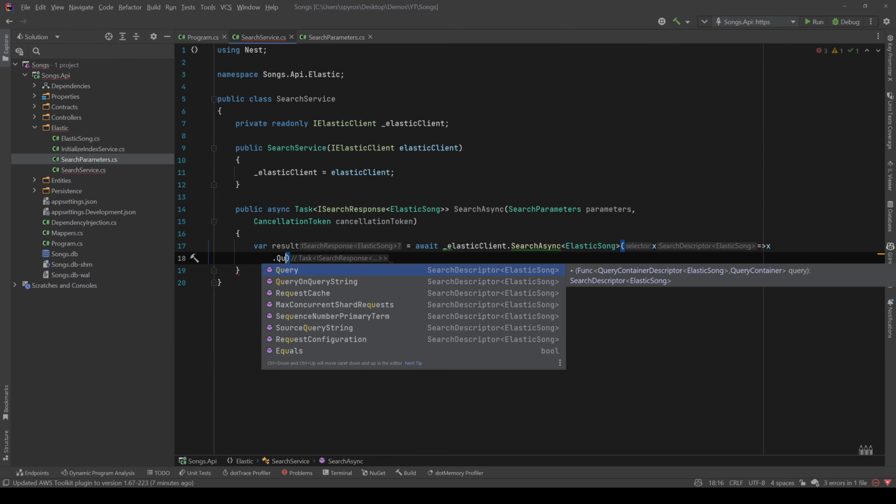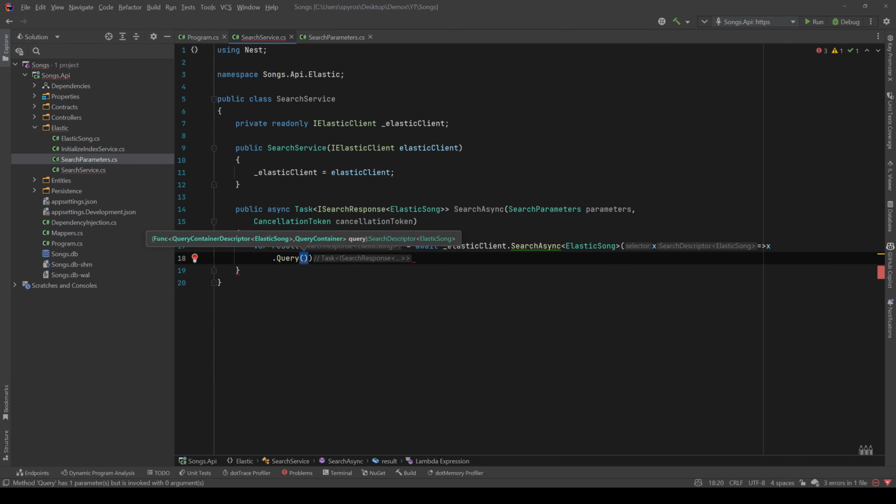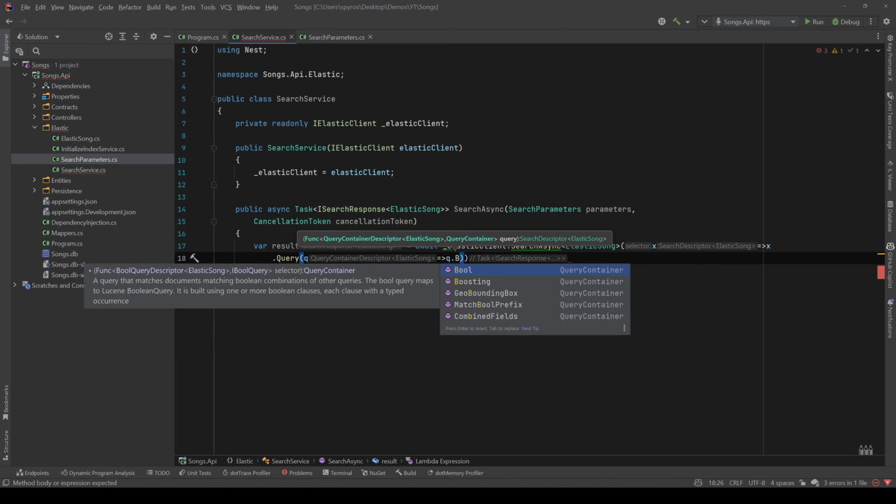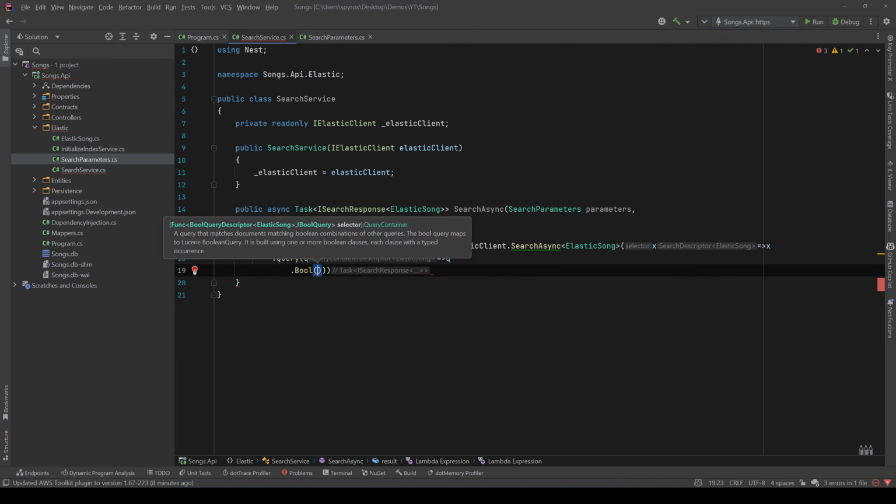So x.query, and now we'll use a bool function that allows us to match documents by matching multiple queries, and that's what we want, since we want to search in 3 fields, so we're going to have 3 queries. So let's say q arrow q.bool, and now inside the bool we are going to use the should clause, and we will use a should because it's not mandatory to match each of the 3 fields. We want to include the document even if we match one of those. So should